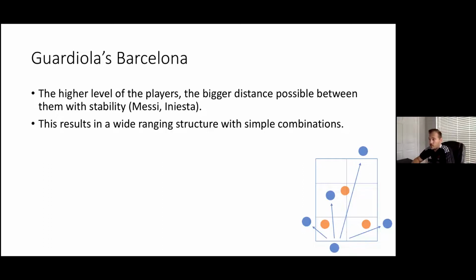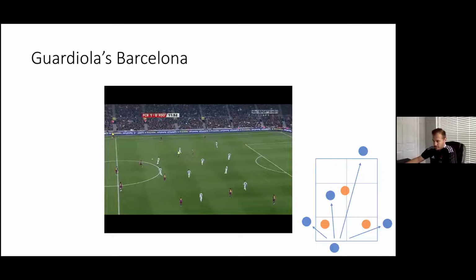So this results in a structure that's really wide. Obviously we know that they played in a 4-3-3, but when they had the ball, they often looked like they had a box in the middle with the fullbacks both pushing up. So it looked like a 2-4-2-2, which you'll see in a picture here. So in possession, they often had Messi drop into the middle with Iniesta, the 2 attacking midfielders basically. Both fullbacks would push higher. So this is Maxwell, but that would be typically Abidal. This is Alves. So fullbacks higher, one center mid dropping next to their defensive midfielder. This is how they often played.